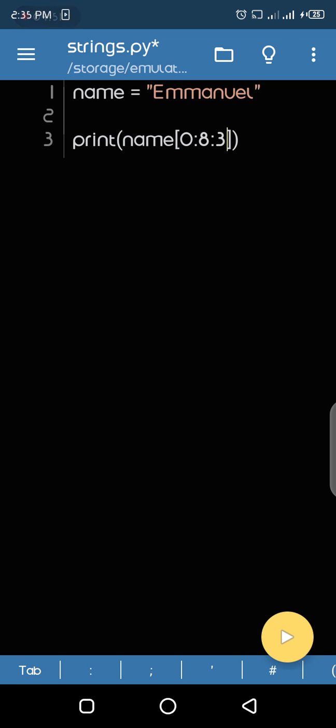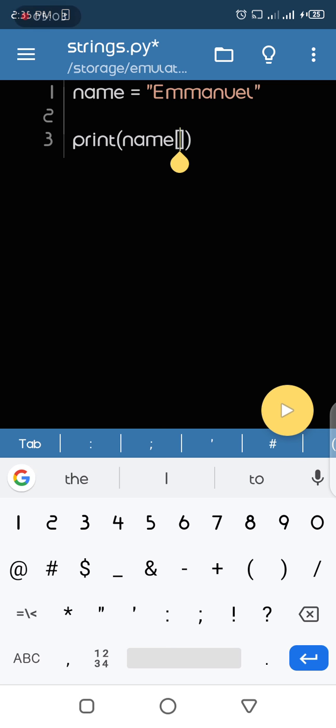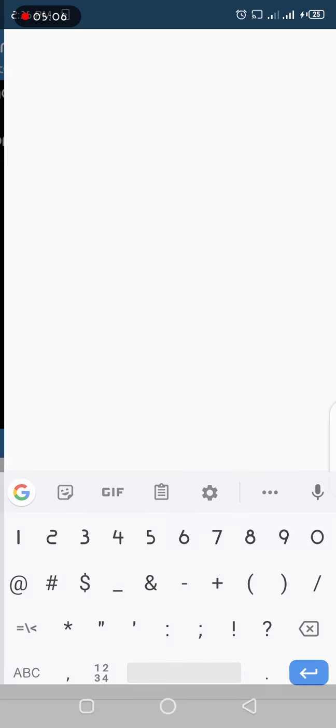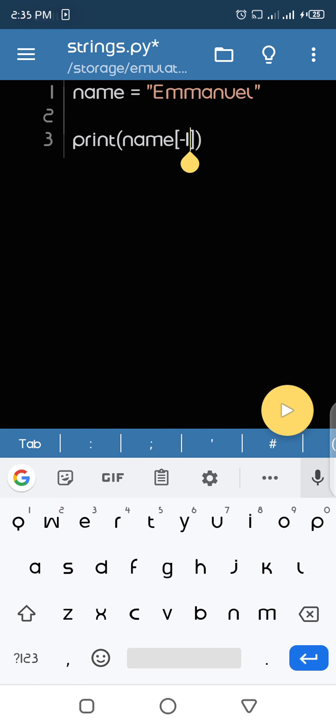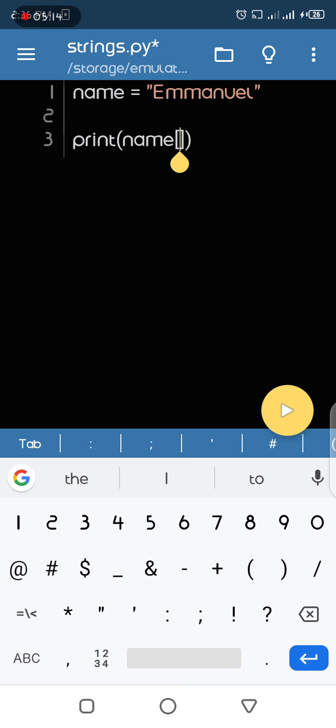Now the next thing is reverse slicing. Reverse slicing is just slicing from the back. Say I tell you that -1 refers to the last character, which is L. Emmanuel, let's count: 0, 1, 2, 3, 4, 5, 6, 7.